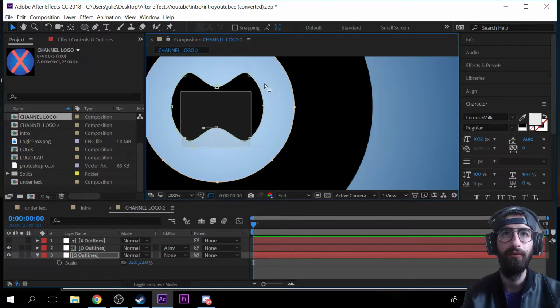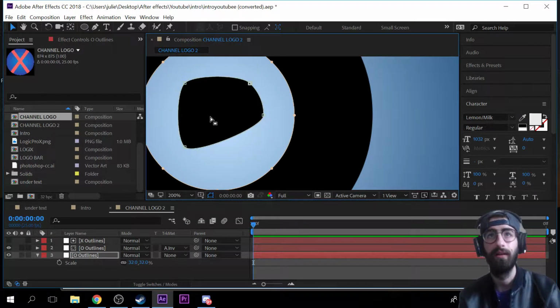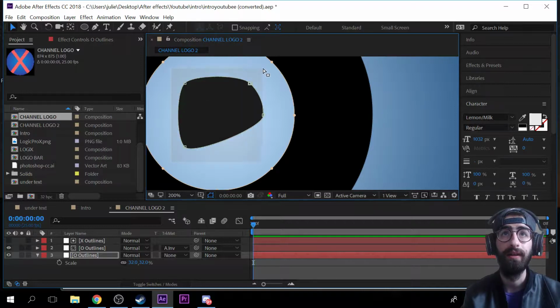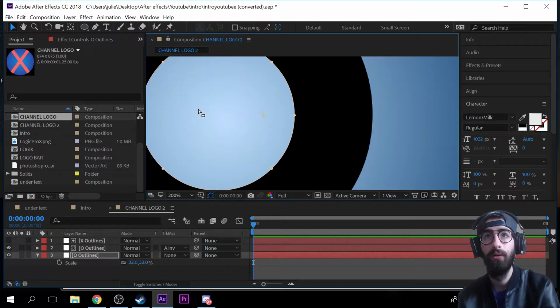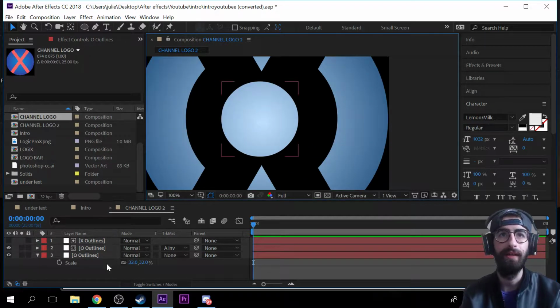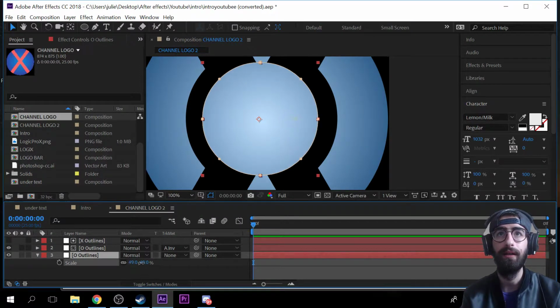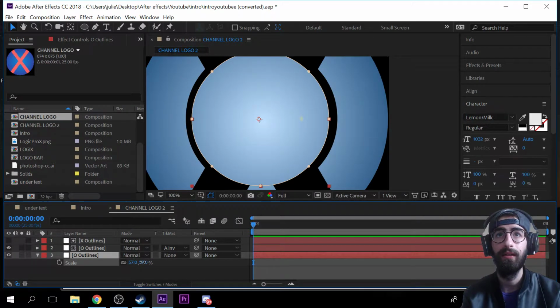So you hold Shift and you create this selection to select every point, and it's not going to select every point because I already selected the others. Now it will, and boom, we have this little thingy here. So now that I have this and it is on my shape, what I can do is rescale it again with S, and once you scale it a bit,